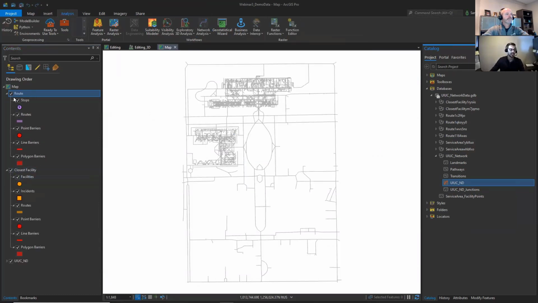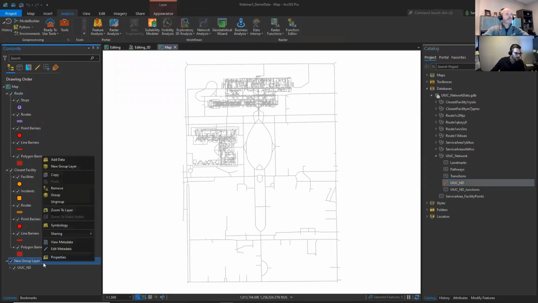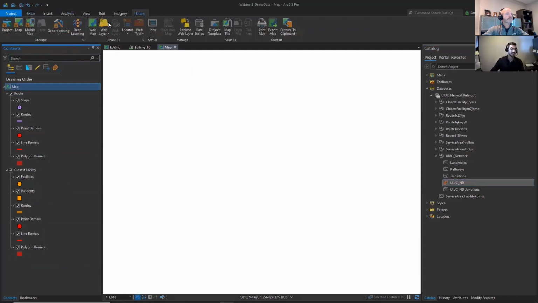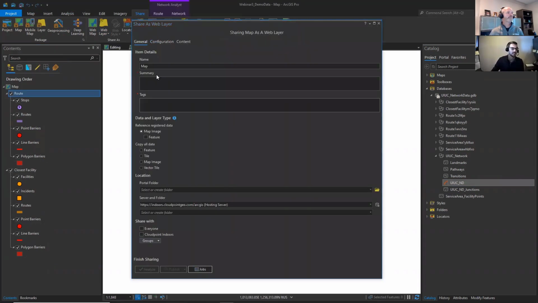After you do these 2 steps, you can see them both displayed on the left. You want to remove your network data set from that map. Oops, don't press group, you want to remove it. And then from there, you can share this map as its own web layer. If you make sure you're in it, you can go in here, you can fill in all your details, like for example, network analysis